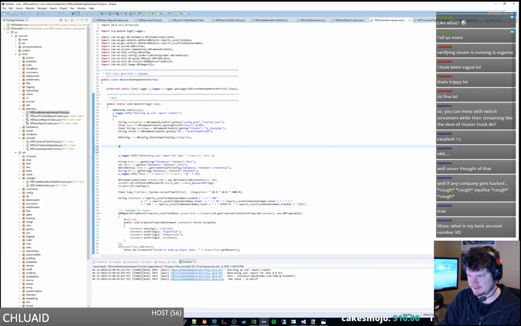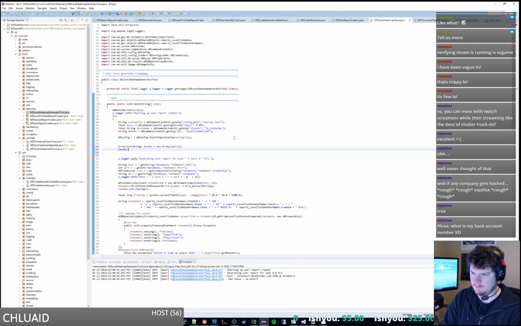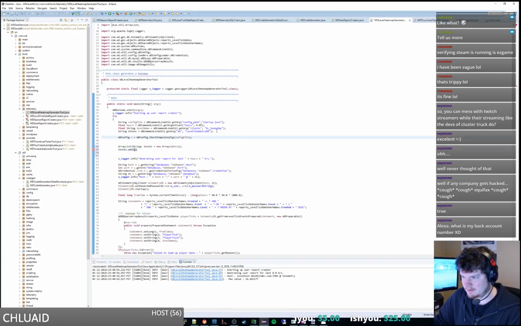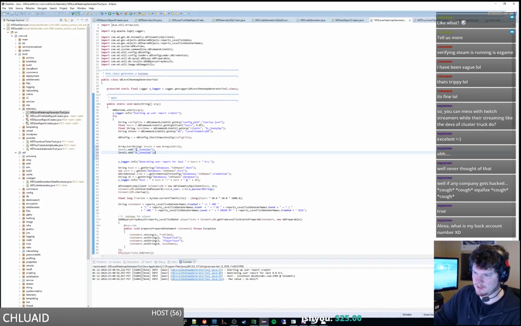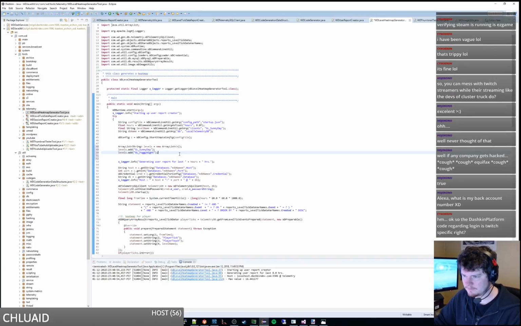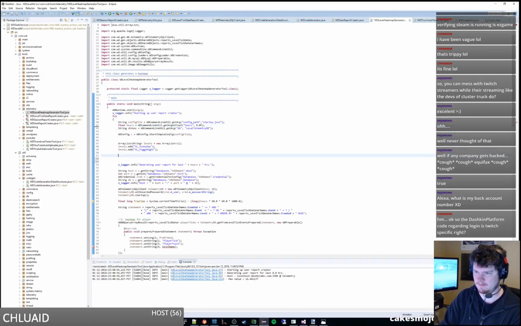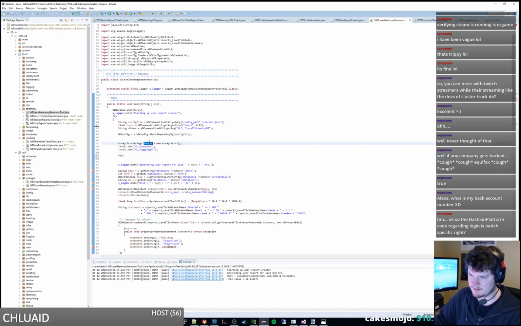Alright, so we want like a string array here of, let's just do an array list. Strings, and we'll just call these levels. And I'll just throw these in here just because we can kind of hard code these guys because this doesn't really matter. What's the other level? Foggy night? Yeah. Alright, so for every level,